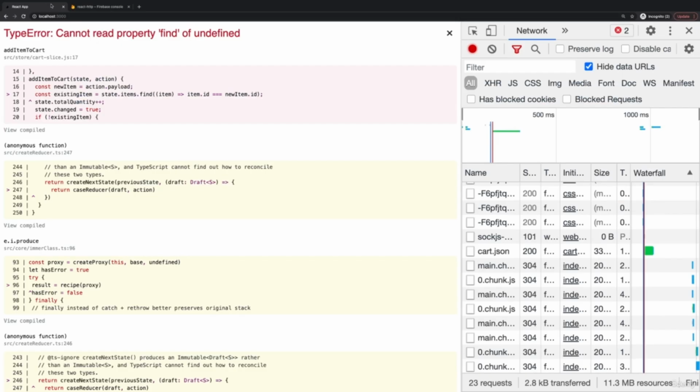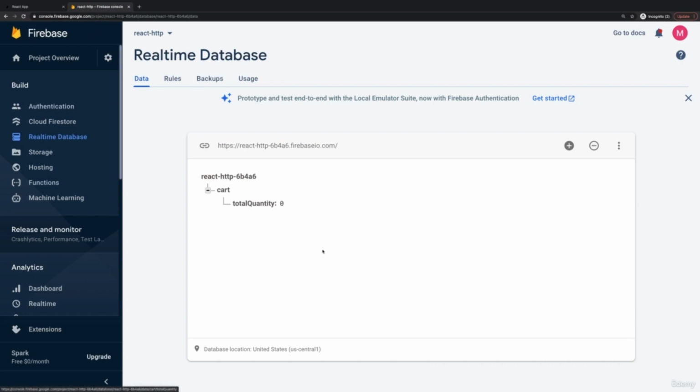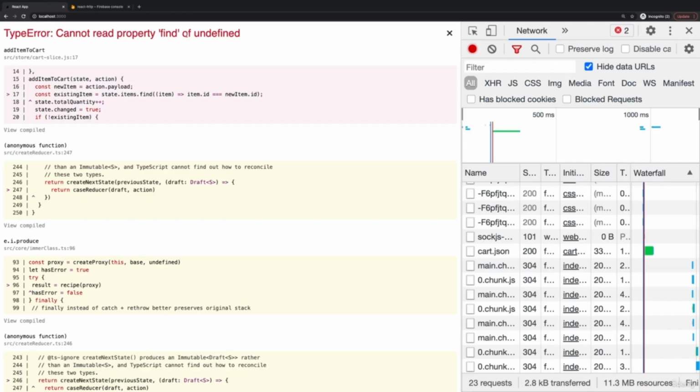We're getting this error because I cleared my cart entirely, and I reloaded, and therefore I fetched my cart data from Firebase. Since I cleared the cart entirely though, we see that on Firebase here, we have no items key in the cart anymore. So we fetched that data from Firebase and we set our local cart to the fetched cart, and that means that items is now not an empty array, but undefined,